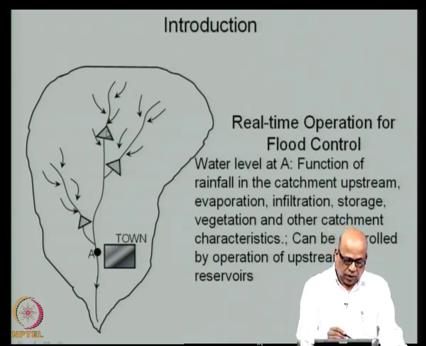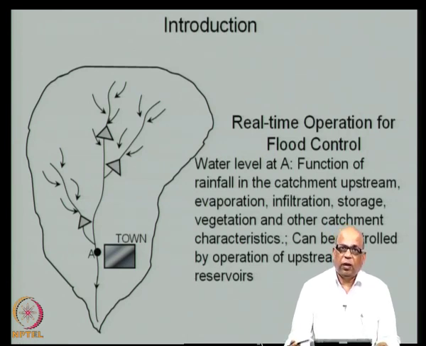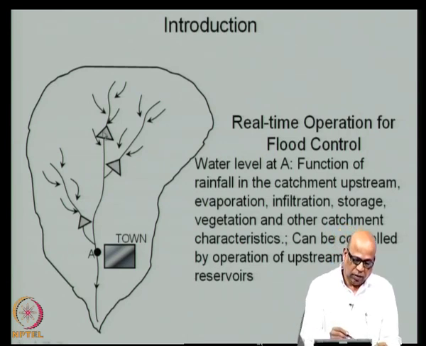So, we look at these reservoirs. Let us say that we want to plan for some reservoirs such that we can hold back the water at these locations and minimize the flood flow here. So, this is a typical problem that we deal with in flood control. So, we do real time reservoir operation such that we will look at the likely flows that are coming in the next few hours, next few days and so on, and then hold back the water to the extent possible, so that the water that is coming and reaching this town here will be much smaller than if these reservoirs were not there.